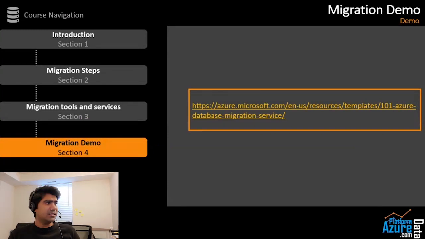Now, a little bit of theory, and let's jump to the demo part. You can see this link. I'm showing this link because it contains a template which directly enables you to deploy all the necessary resources on the Azure platform to perform this demo. If you don't want to use this template, you can deploy these resources one by one individually also, but this makes your life easier, so you don't have to take too much stress about the networking and all other stuff. That's why I prefer to use this particular template.